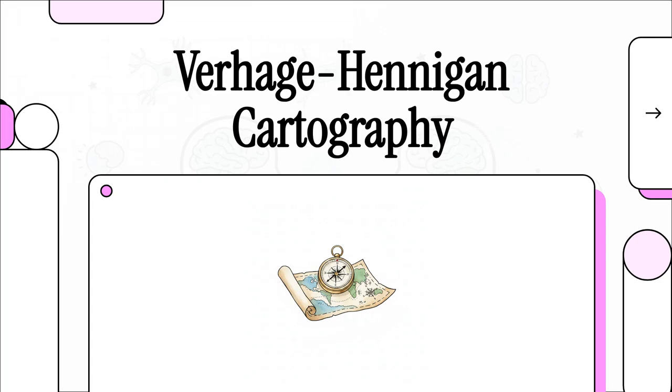All right, let's dive straight into this explainer. Today we're unpacking a framework that is just incredibly dense and frankly fascinating. It's known in the source material as the Verhaage-Hennigan cartography, but we're going to look at a highly specific, highly targeted use case today. How exactly do you sell what the text calls the four martinis opportunity to a specific individual, Tom Hennigan? Normally, a high-stakes proposition like that requires hours of exhausting corporate schmoozing, but we're going to look